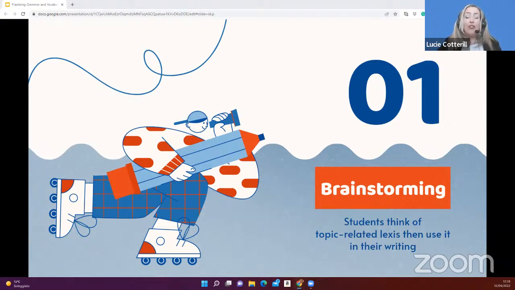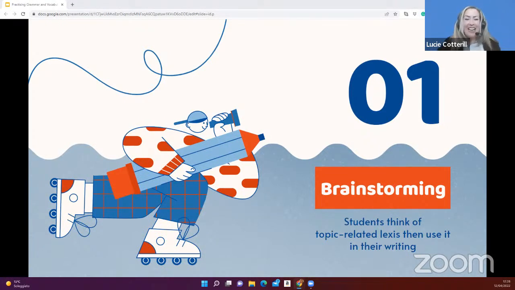So you might want to do that with a topic that you've recently studied. So students are recalling the lexis, and the fact that the word cloud to brainstorm vocabulary was collaborative means that students might also be learning new words from their peers, or looking them up in a dictionary and then putting them into practice in their own writing, which perhaps makes it even more memorable because the students are creating something with the words. And we know that create is at the top of Bloom's taxonomy. So they're really using these higher order thinking skills.